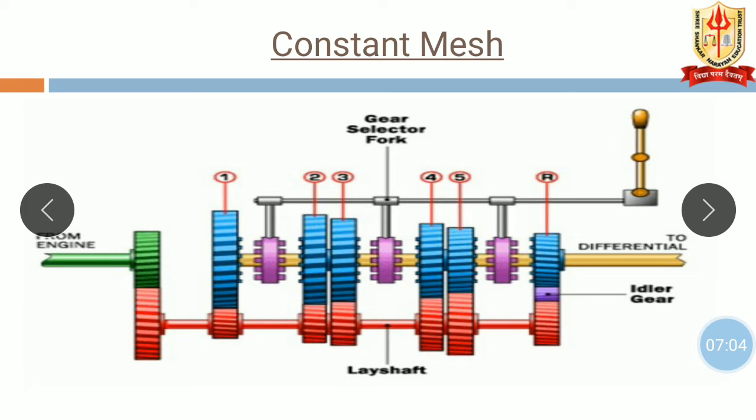In the same way, when we want to select the third gear, we have to select the second dog clutch, so as to select the third and fourth gear. Accordingly, when we select this third gear, again the power is transmitted through this gear only.